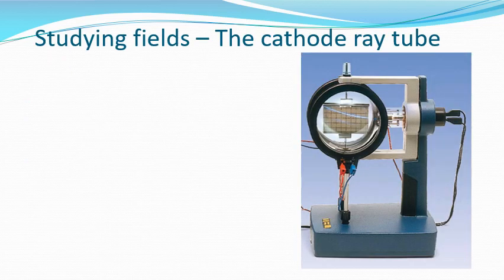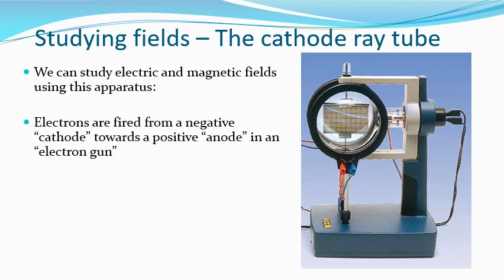So one of the pieces of equipment we can use in the classroom is a cathode ray tube, and we can use this to study electric fields and magnetic fields. So the electrons are produced at the negative cathode, so that's here, and there is an electric field at the positive anode, which is pretty much here. You can see the lead is connected to that point there. And the electrons here are accelerated in that direction towards the